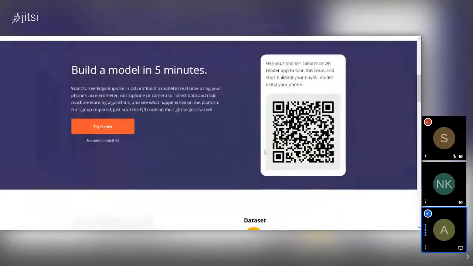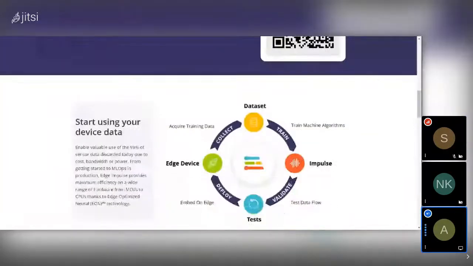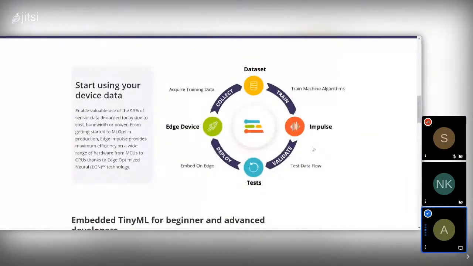Okay, professional certificate. So let me share the screen again. There's the tab. There you go. So this was it. We were up here and here's the main thing: edge device to data set to impulse to test. This is a pretty easy example. You can understand that it takes the data from the device, which is called the edge device here. Then it creates the data set, then it makes the model, which is the impulse, and then it does the test, classifying the test.